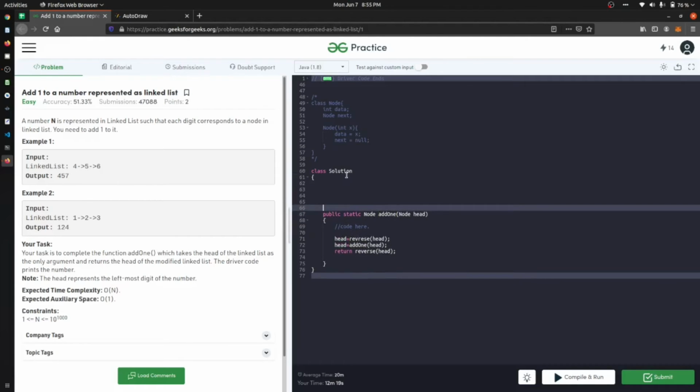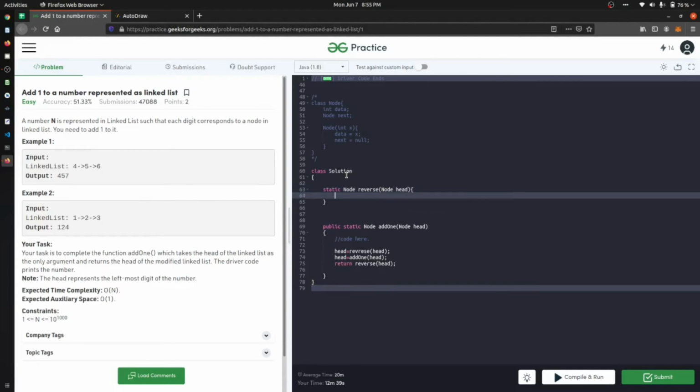So what we can do is create a function. So how can we create a reverse function? I have already told you how we can reverse our linked list, so I'm not going to explain it here. Reverse node. As we are passing head, I'm also passing its head here.